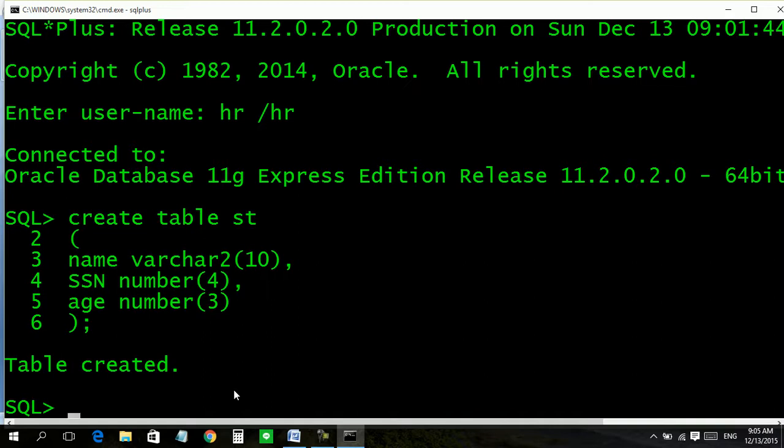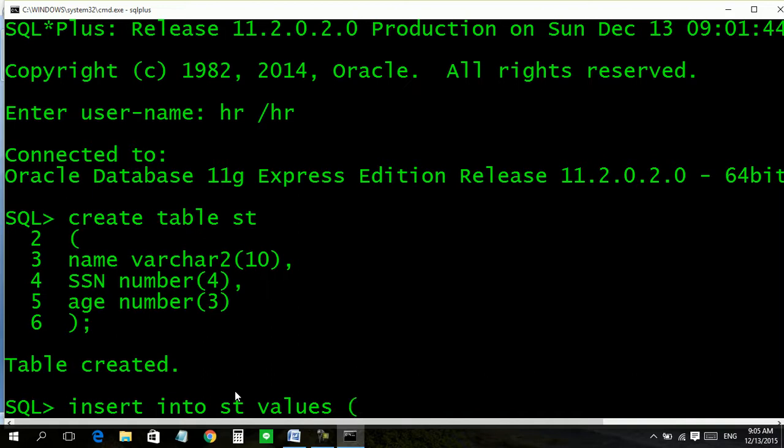Next thing is we would like to insert data. Inserting data can be done in two ways. The first and simple method is one row at a time. And if we have to insert many rows, we use another option. So let us try the first option. Insert command is insert into table name. Table name is st, then values, the values we are going to use.